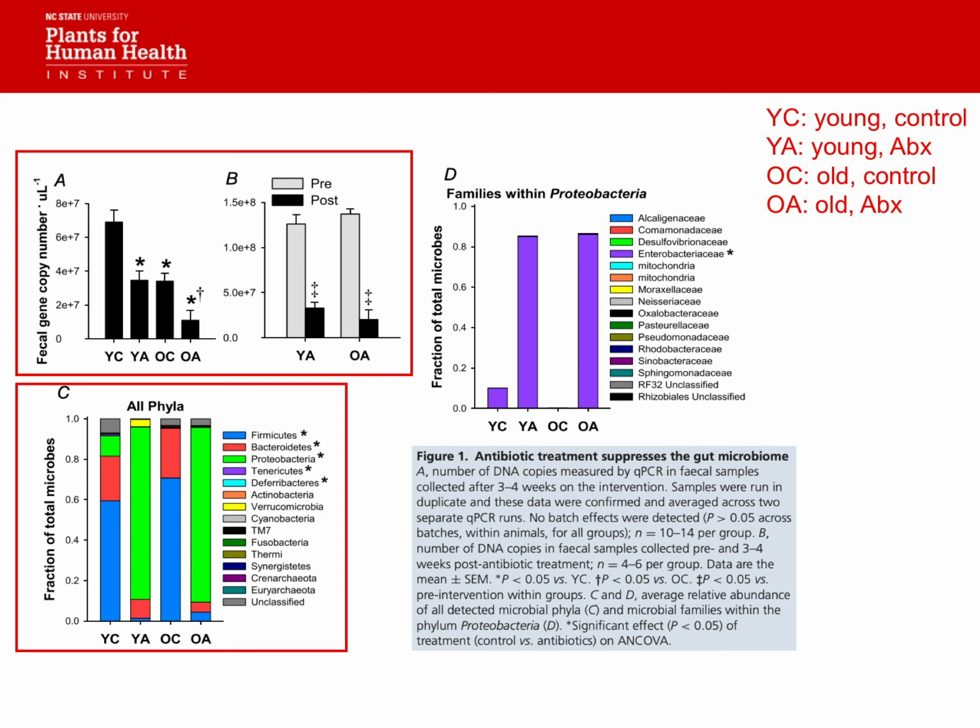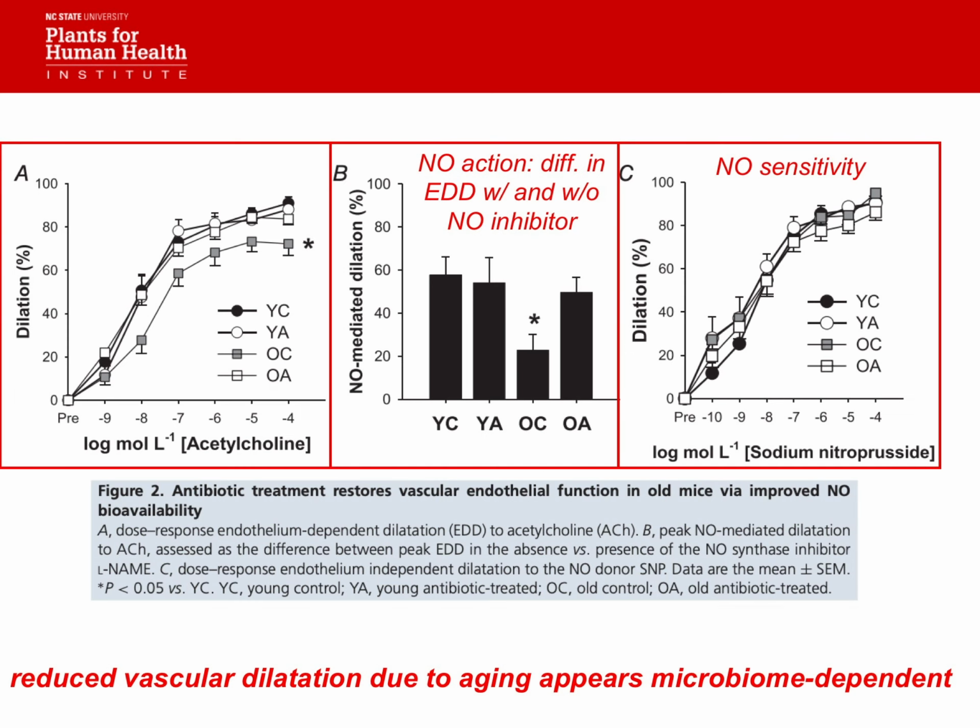Within each age group, antibiotics cut it by half or more. There are some other data here that I'm not going to go into that show that both aging and antibiotics actually change the composition of those, not just their number. So again, we know that these antibiotics are significantly altering the amount and the composition of the gut microbiome. And one of the things I really want to show you is this curve right here.